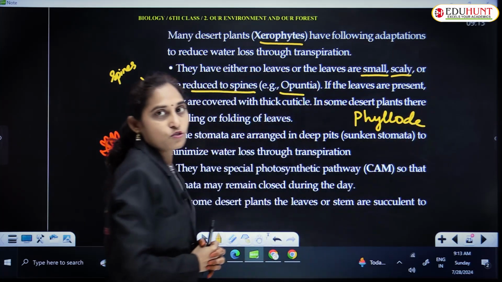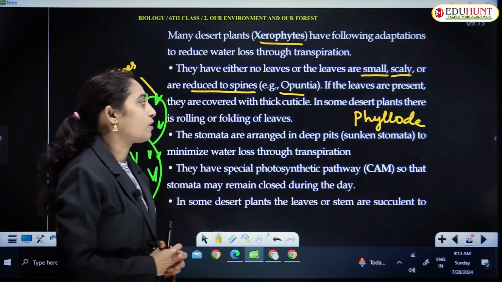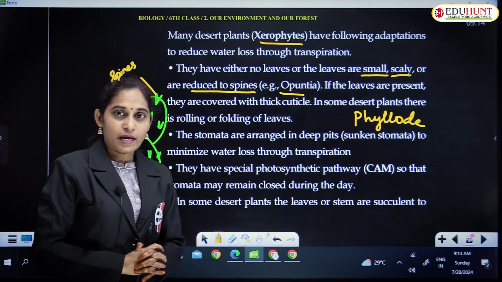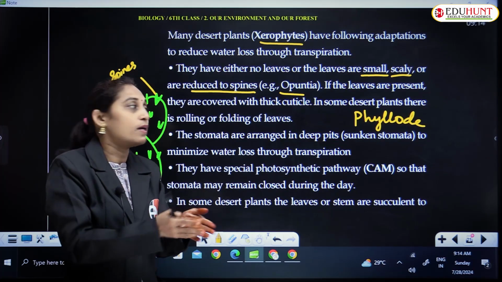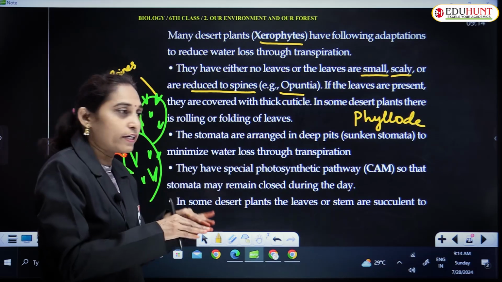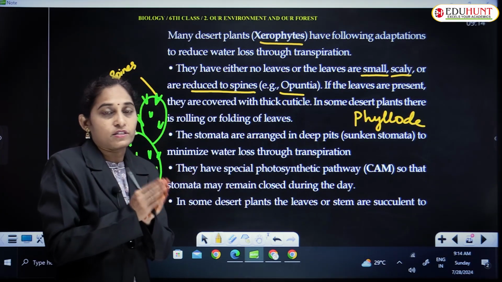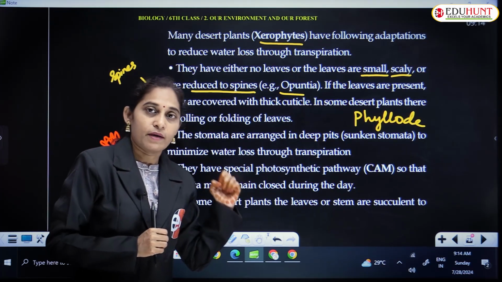Phyllodes, and so on. This is one of the adaptations shown by desert plants or xerophytes. Sometimes if broad leaves are present, they roll and fold. The leaves are folded in such a way as to reduce the rate of transpiration. Even the stomata are present, but they are